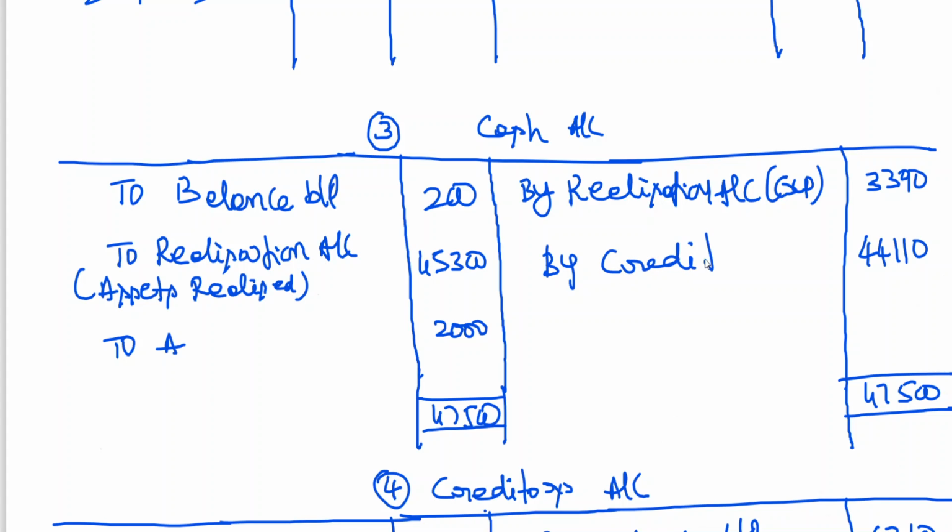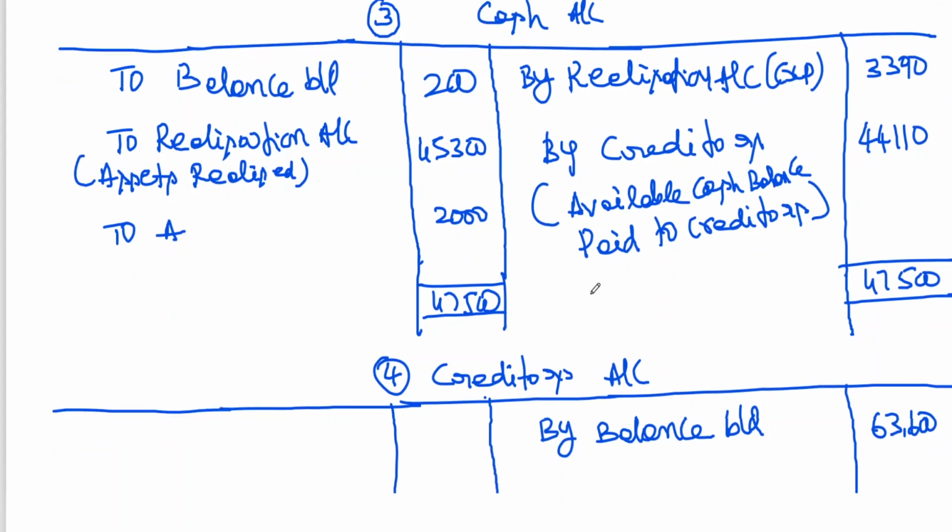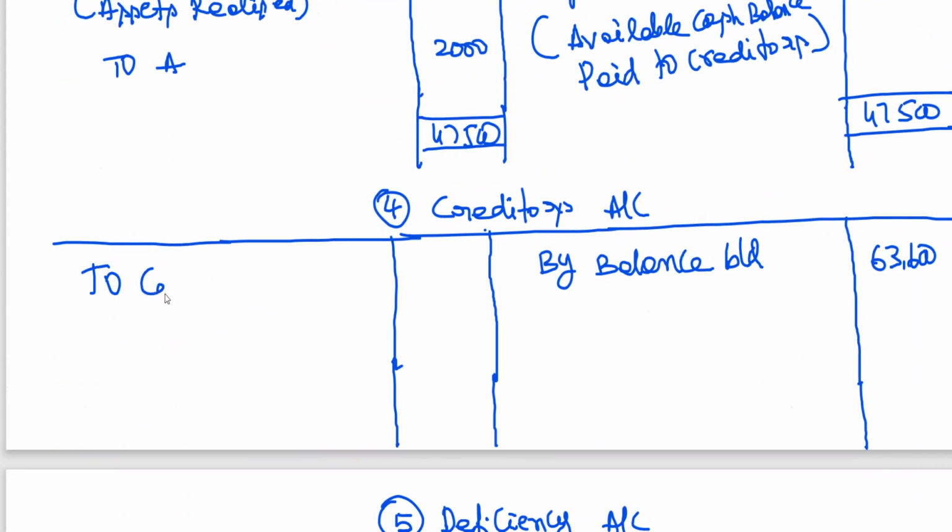By Creditors account, balance amount paid to Creditors. Please remember, this is the balance amount. It's not the amount which is due to Creditors. Actually, it is the available balance amount. Better let me write this one: available cash balance paid to Creditors 44,110. Now in Creditors to cash